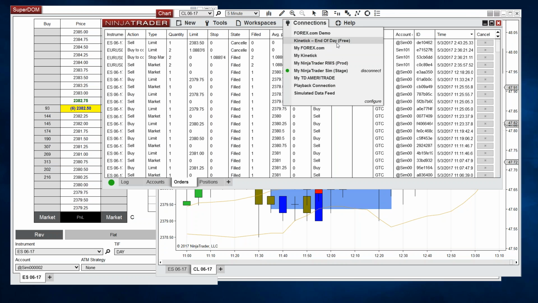So I should reframe my answer. The answer is yes, there is daily historical data that we provide that comes installed with the software. So you connect to that and you can grab Forex, futures or equity data, daily bars. I think 10 to 20 years, I can't remember exactly how far back we go. But that comes installed with the software.